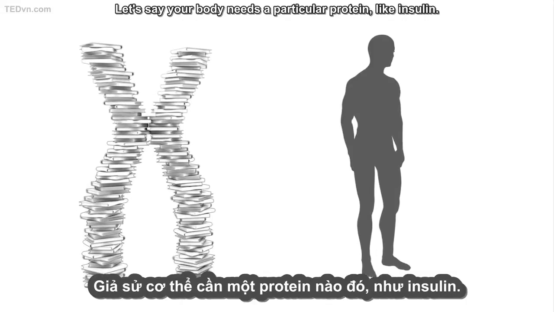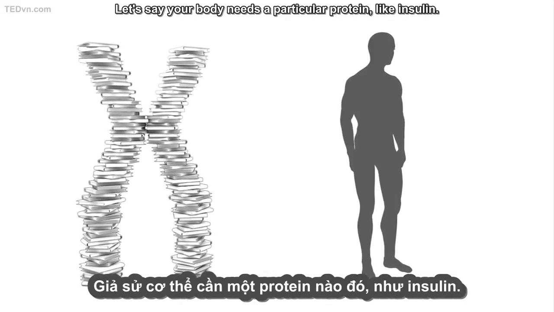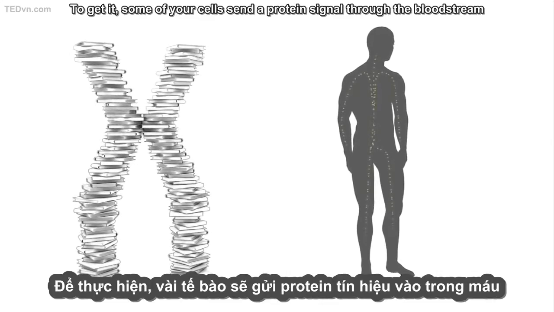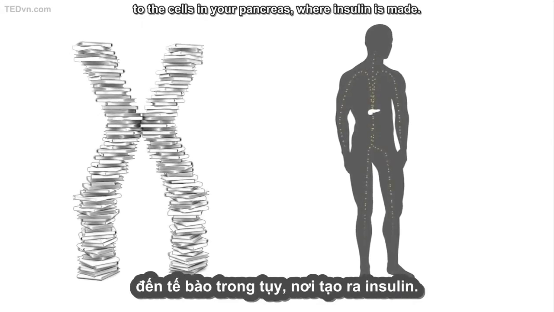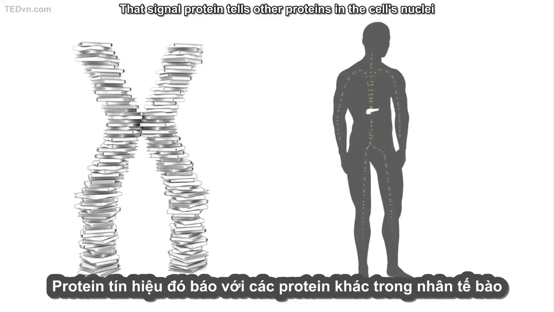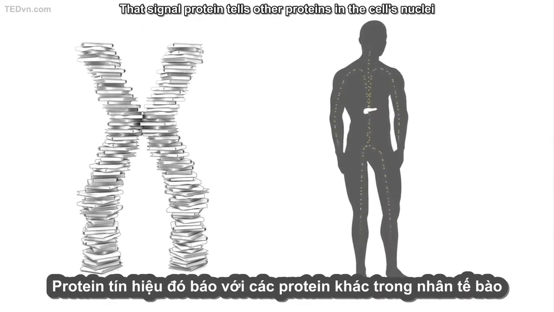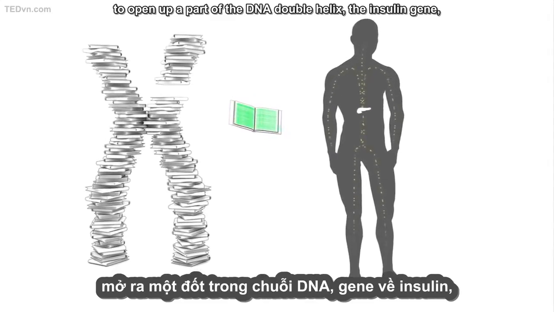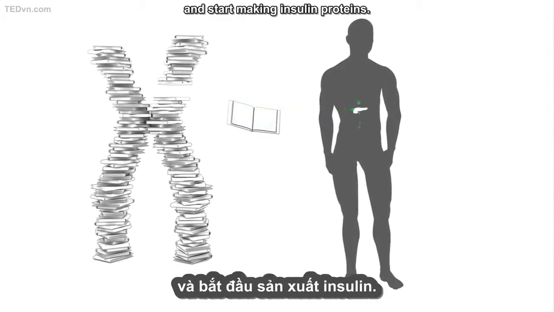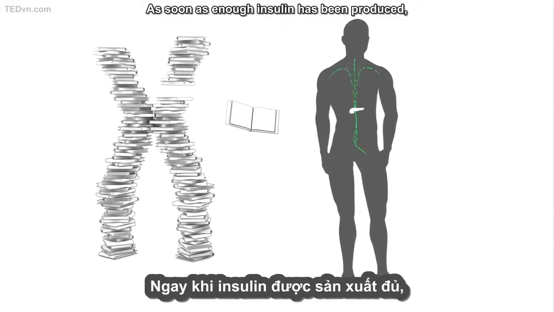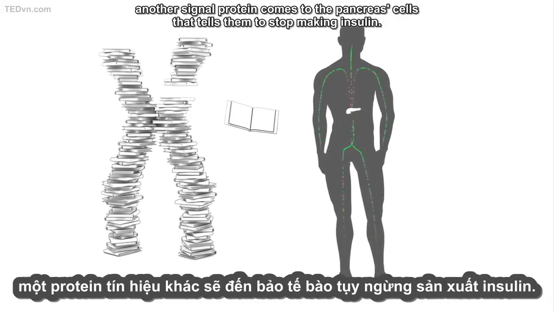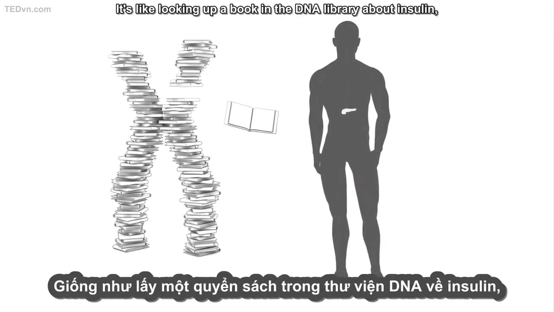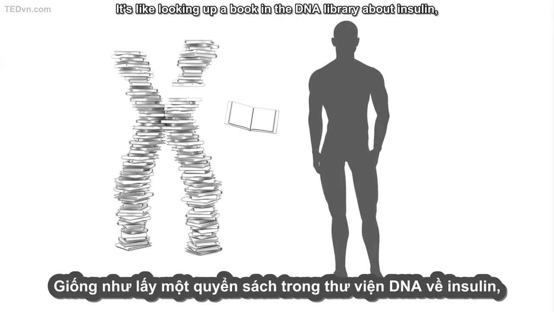Let's say your body needs a particular protein, like insulin. To get it, some of your cells send a protein signal through the bloodstream to the cells in your pancreas, where insulin is made. That signal protein tells other proteins in the cell's nuclei to open up a part of the DNA double helix, the insulin gene, and start making insulin proteins. As soon as enough insulin has been produced, another signal protein comes to the pancreas's cells that tells them to stop making insulin. It's like looking up a book in the DNA library about insulin and then putting it back